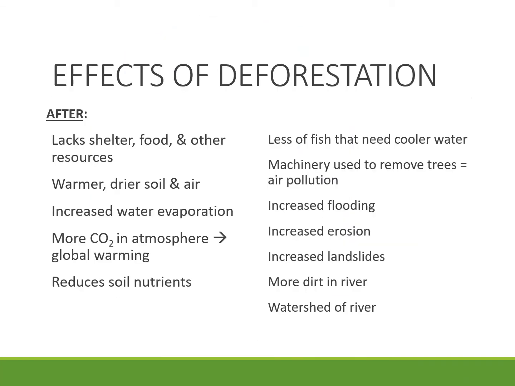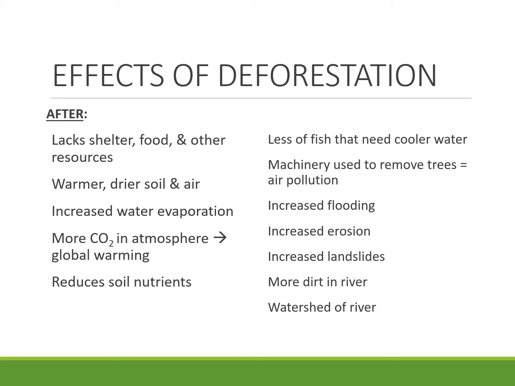So then after, right, that right side of the picture, we removed all the trees. You remove that shelter for birds and squirrels and the food resources. It's going to be warmer. You're not going to have the intake of carbon dioxide anymore. If you've actually cut the trees and removed them from the forest, all of the nutrients from the soil that those trees took in have now been taken away. So you might leave the soil depleted. There's nothing to die and decompose and add nutrients to the soil.